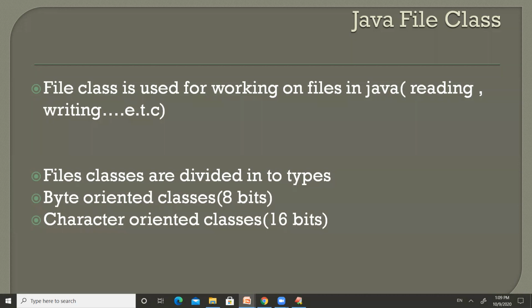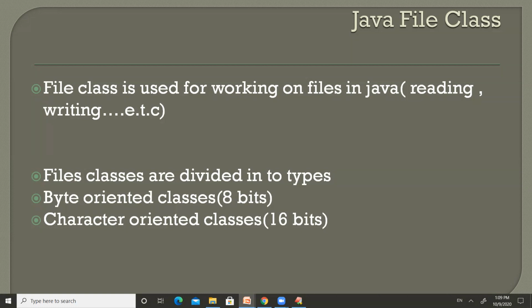And if the same thing is performed by using a programming language, for example a Java program, if I want to read the content of a file, write the content into the file, copy the content, append, or delete anything, if we want to make changes to the data in the file by using a Java program, we can use the file classes. There are some classes in Java which are called file classes, and these file classes are divided into two types.